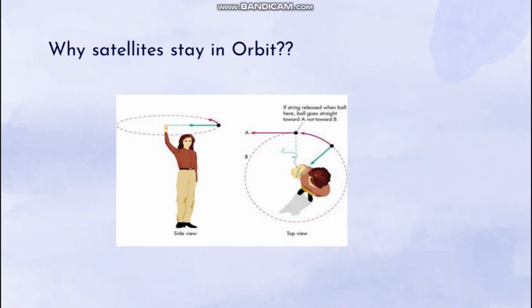You can also observe that the stone is exerting some force to move away from the center, that is, to move away from your hand. We call this force centrifugal force. This centripetal force and centrifugal force are the same in magnitude but opposite in direction. Till the time both forces are equal in magnitude, the stone will rotate in the circular direction.